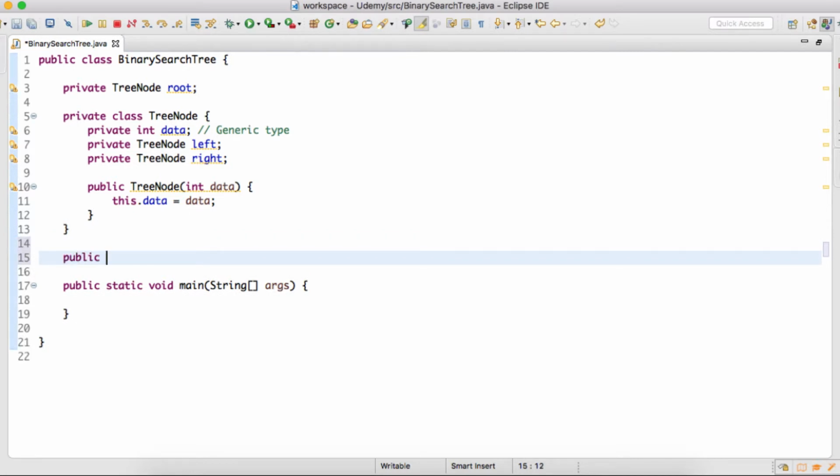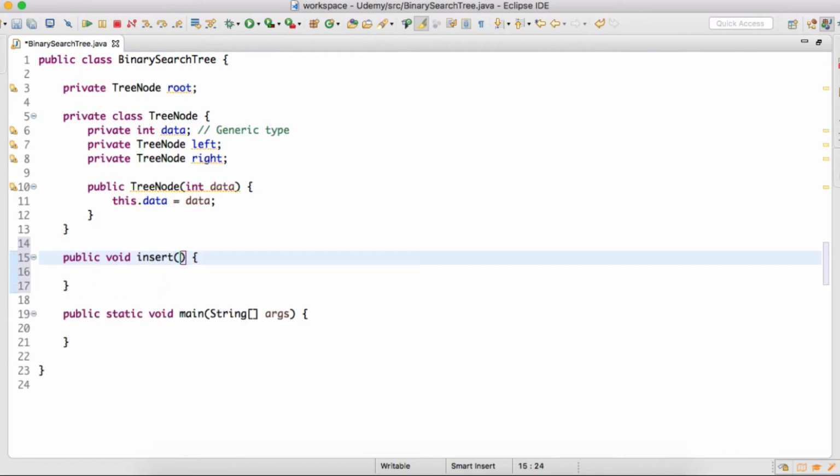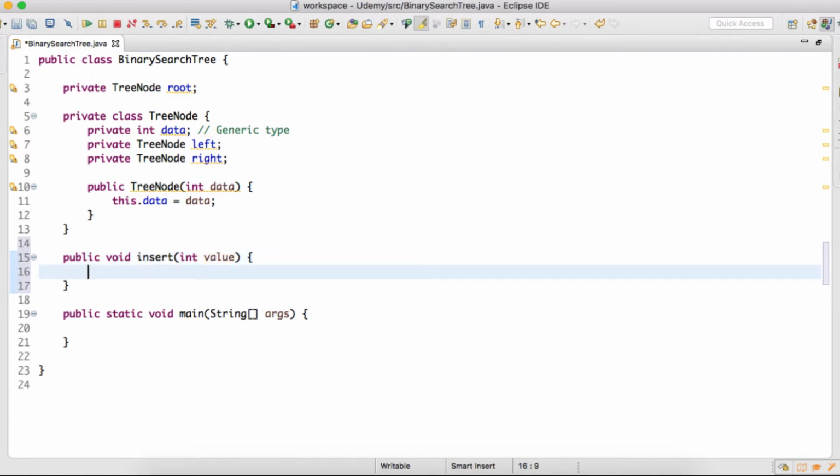So public void insert, and to this insert method we'll pass the value which we want to insert, and inside this insert method we'll simply call the insert method which we discussed in the slide. So we'll pass root and the value which we want to insert,